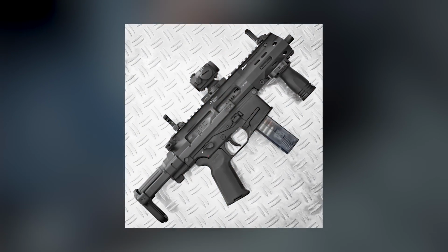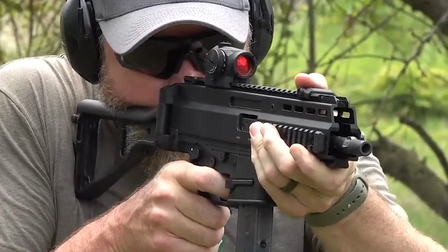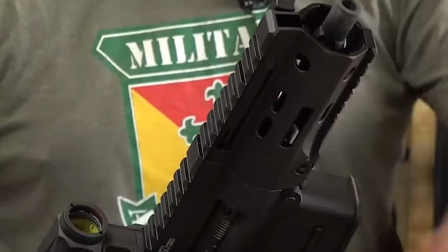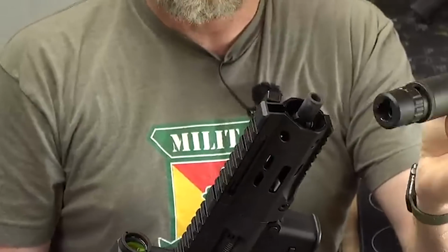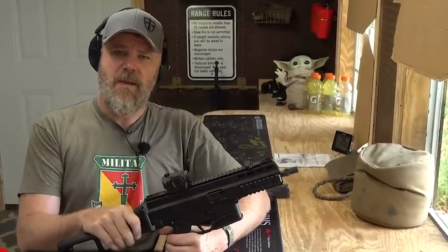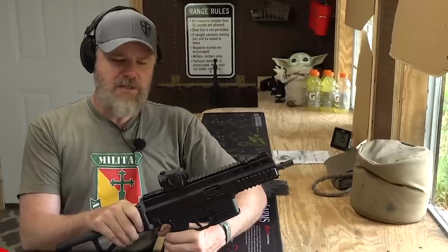We get a very AR layout complete with a buffer tube and AR charging handle. Its buffer is completely different and comes from B&T's APC series. The gun has an APC lower receiver, which allows the end user to choose between Glock, B&T, and Sig Sauer mag platforms. Its MP5 likeness comes from the forward-placed charging handle. Users can pick and choose what charging handle they wish to use. The SPC9 will be sold as a rifle,